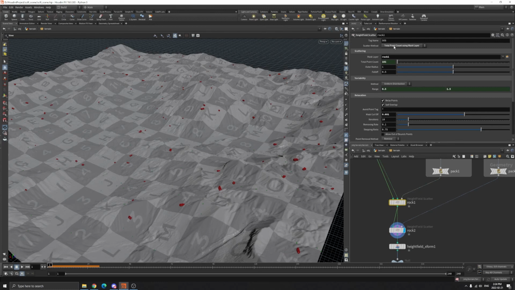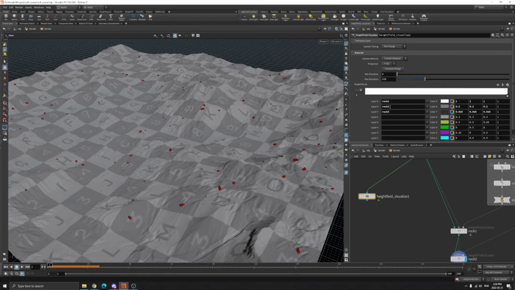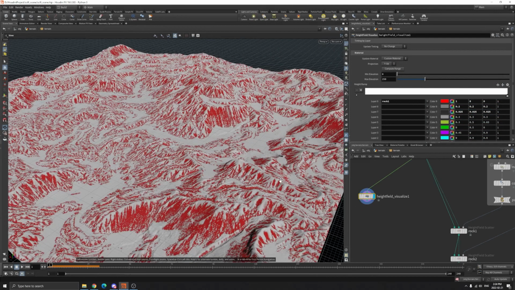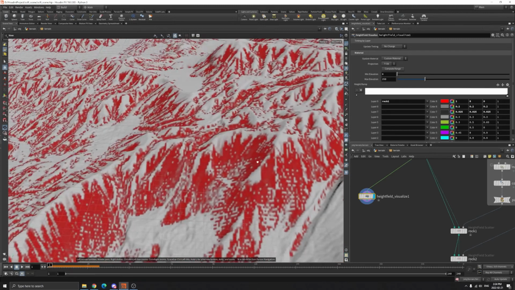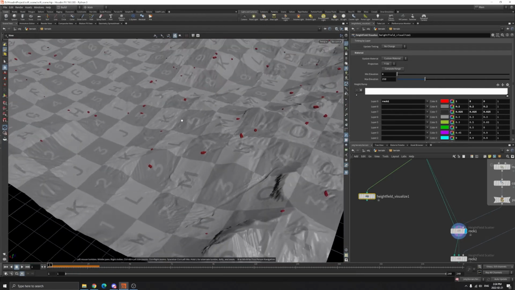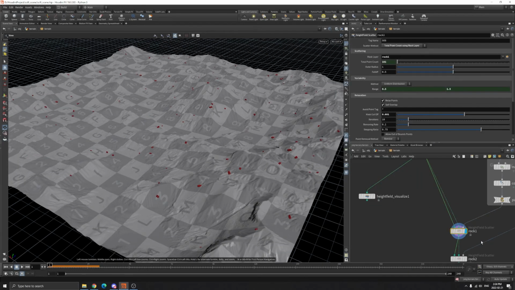On the rock 1, I'm using the total point count using mask layer. The mask layer I use is the rock 1. If we visualize our rock 1 here, I scattered this rock on the red area, okay? So I scatter rock on this rock 1 layer, and